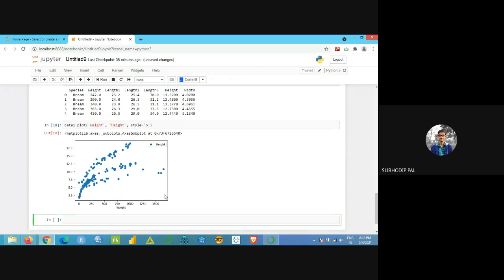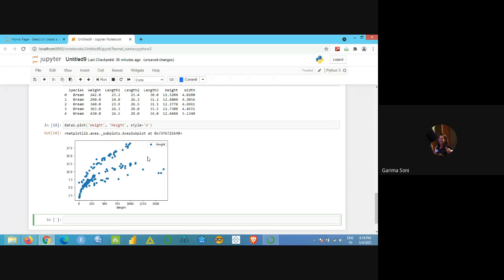Yes. Can you see this? I was correct, right, in what I was saying. If the height is more, then weight is also more. It's this linear trend, right? If we plot a trend line, it will be a linear trend, and it will be a positive slope, right? Getting it?